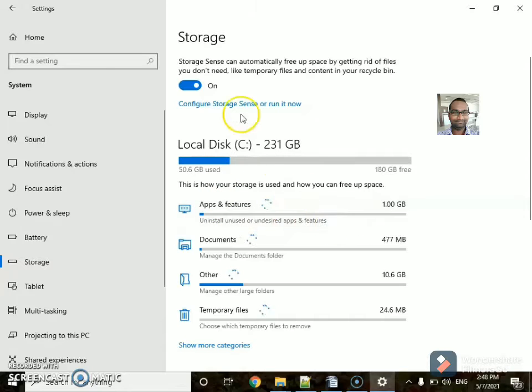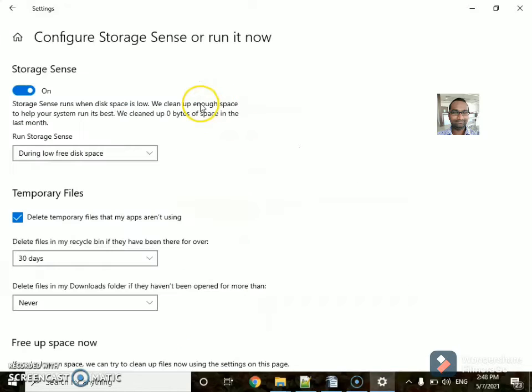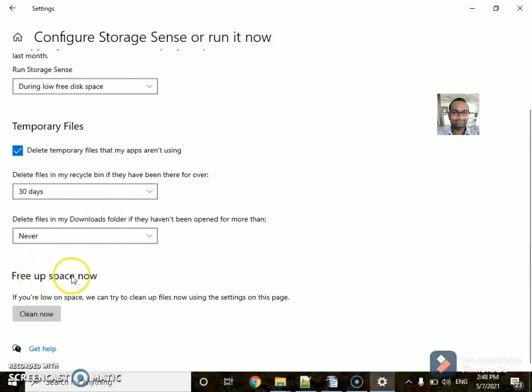It is showing all the apps, features, document, other and temporary files, and how much space is being used for all this. I can go to configure storage sense or run it now. You can free up space by clicking on clean now.